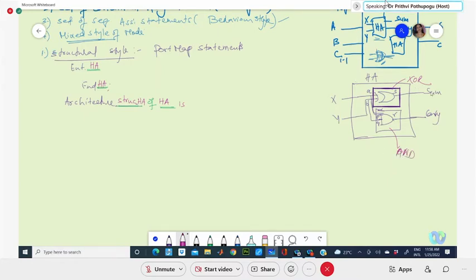To be specific, if in your library it is given as 2 input XOR, XOR2, that same name you have to call here. So component, this is the syntax again. Component, with the name with which this component is defined in the library. If it is given as XOR2, call it with XOR2, the same name. This is defined by the entity of that component.